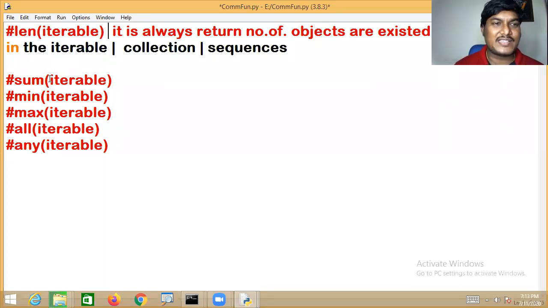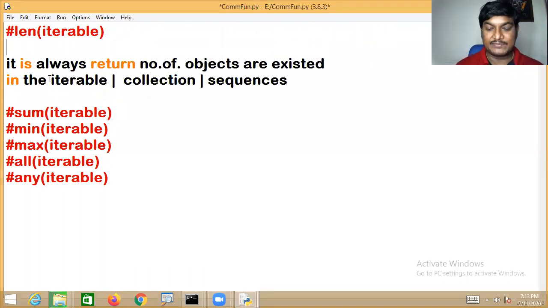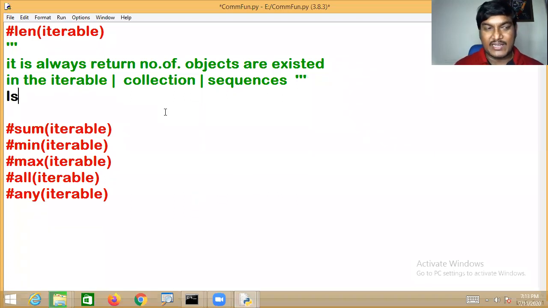So this is exactly what the len function does. It always returns the number of objects that exist in the iterable. I can take a list collection, tuple collection, or string collection. Now let us observe.